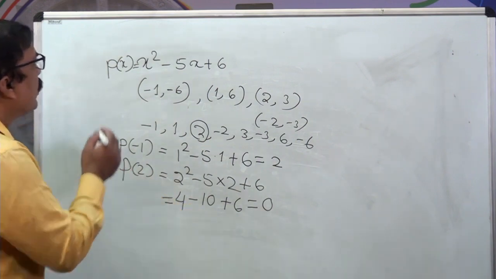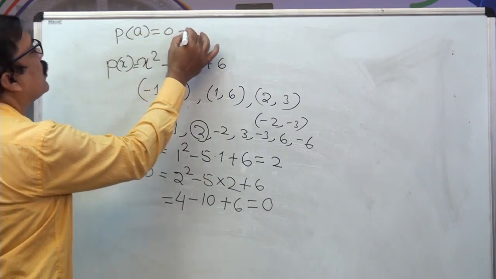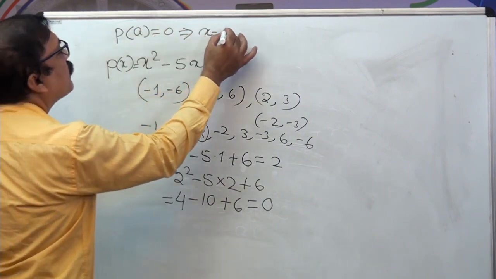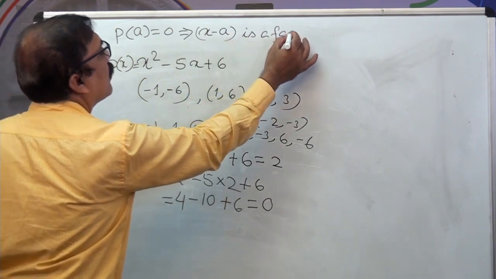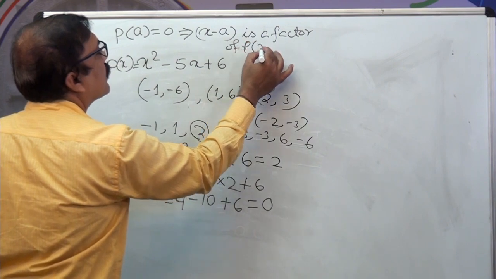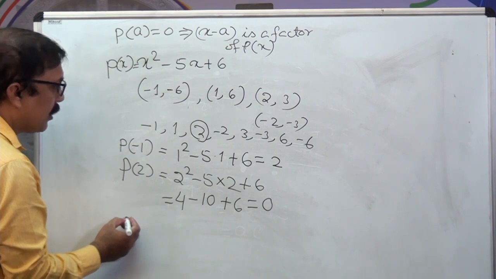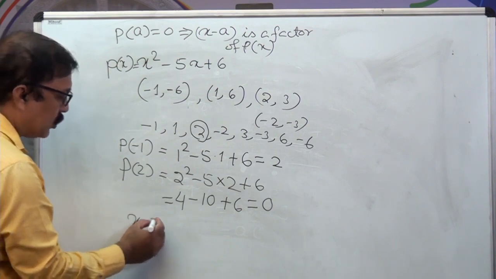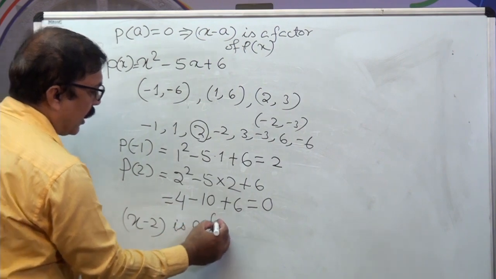We know that if P(a) equals 0, this implies x minus a is a factor of P(x). From this we can say that x minus 2 is a factor